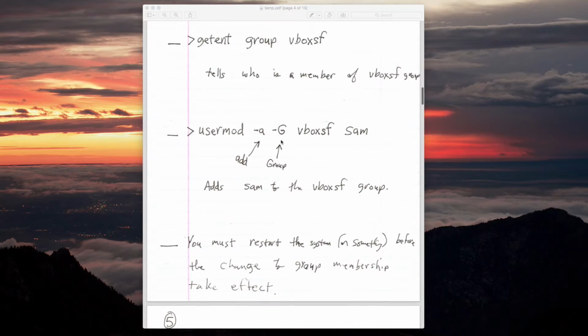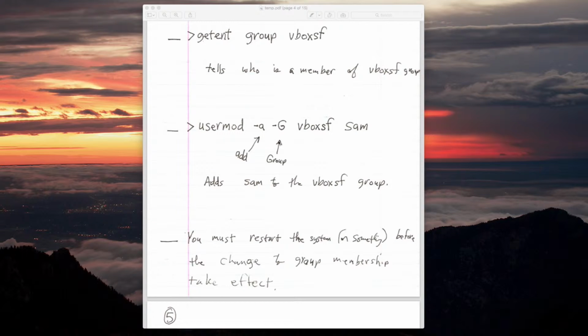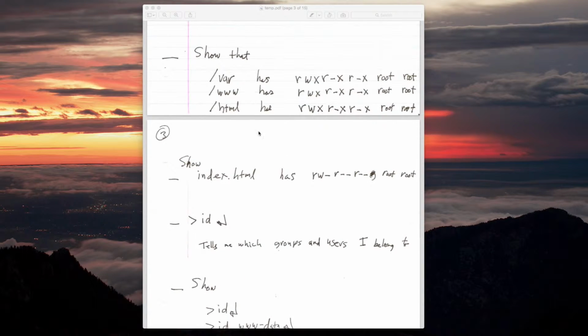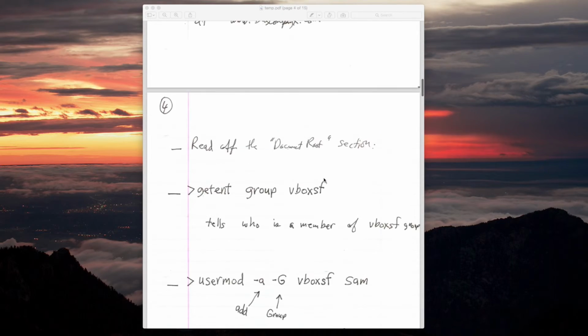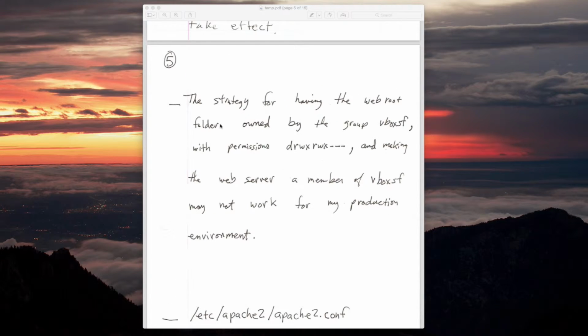So basically here I'm talking about permissions and groups. I already talked about how the system works by default, which is that folders have this permission, files have this permission, and Apache accesses these files as other. There are other ways of setting up this system, and here I'm going to talk about one of those strategies. The strategy of having the web root folder owned by the group vboxsf with permissions like this, and making the web server a member of vboxsf, may not work for my production